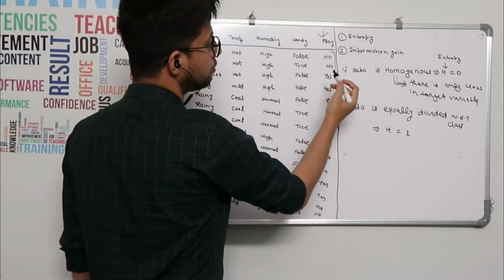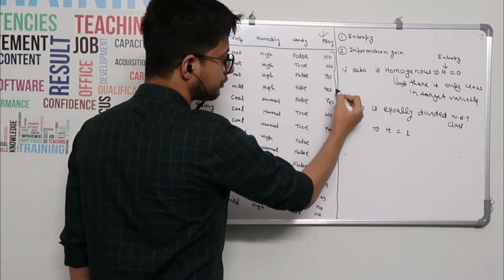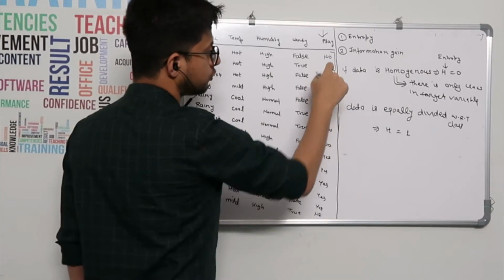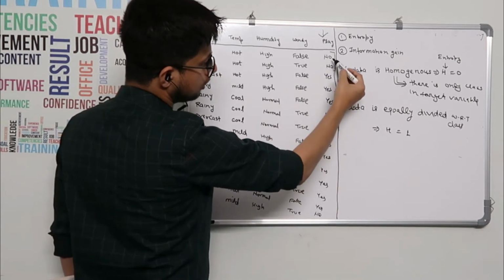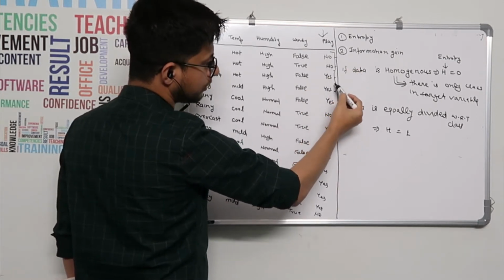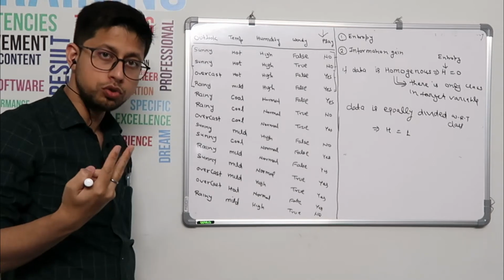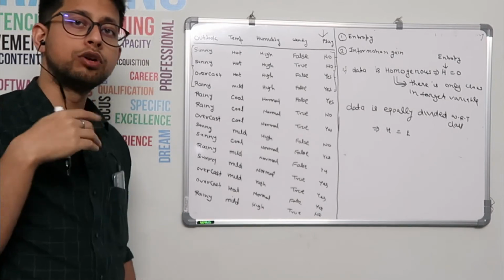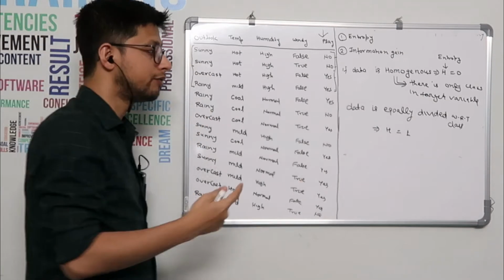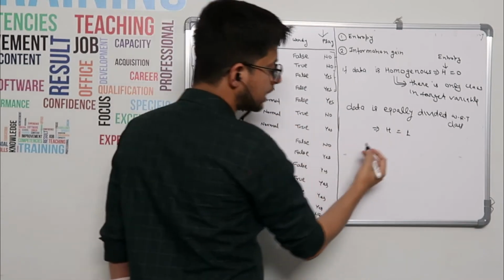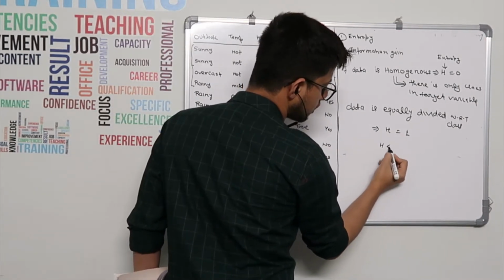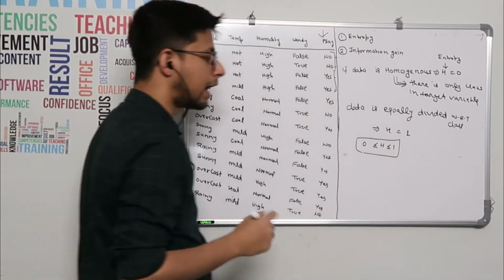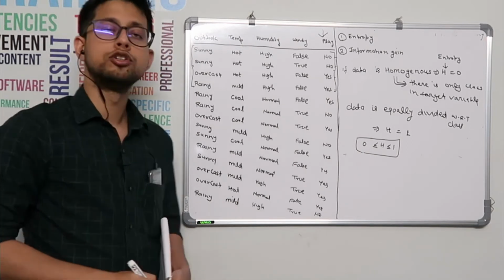Suppose now your data set has 4 rows, I included 2 more rows. Now here we see there are 2 rows of no and 2 rows of yes. Yes is also 2 and no is also 2, means equally divided. Your classes are equally distributed in the whole data set. Then we say entropy is 1. That's where your entropy always lies between 0 and 1. So the highest entropy will be 1 and the lowest entropy will be 0.